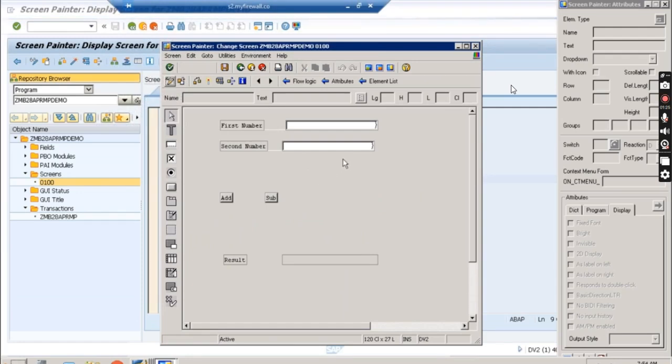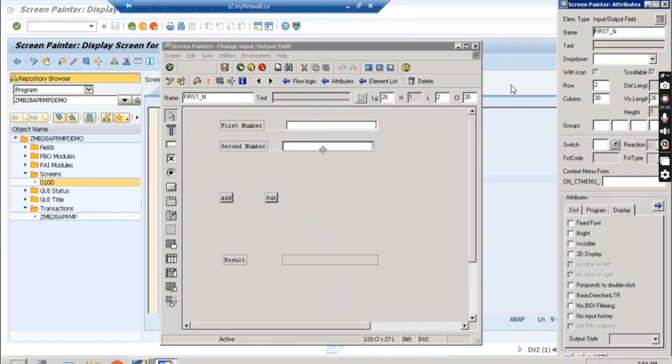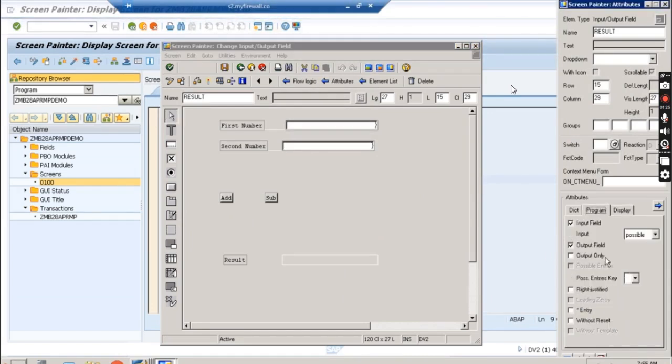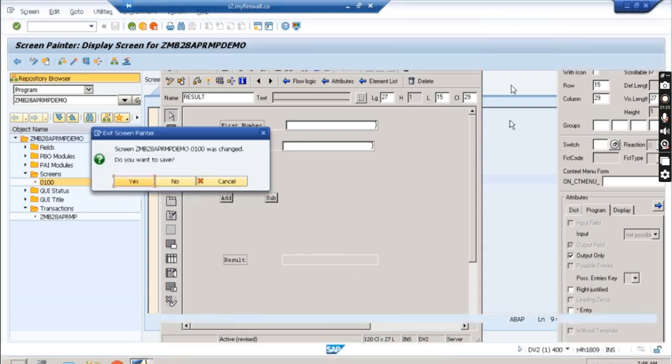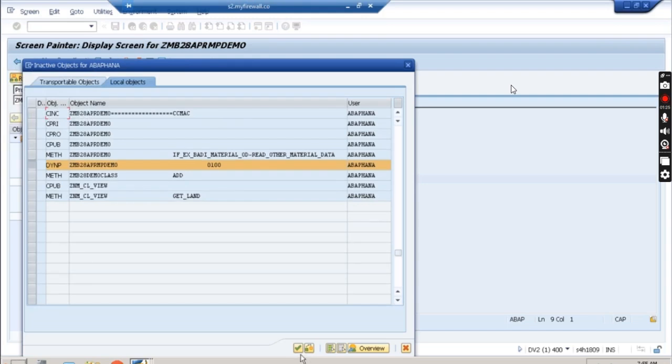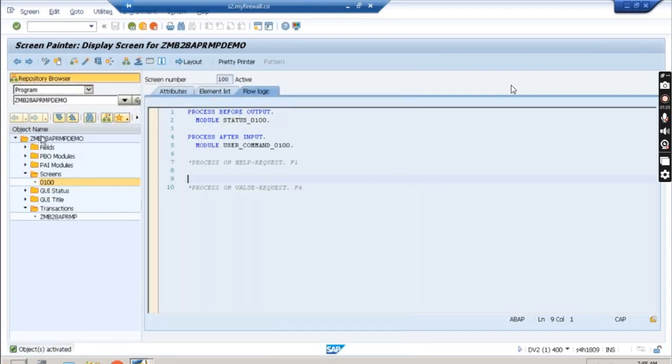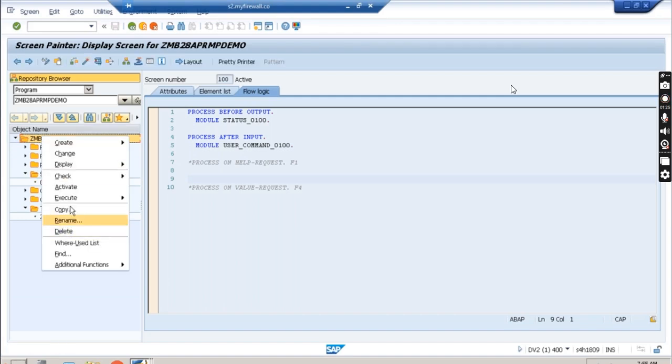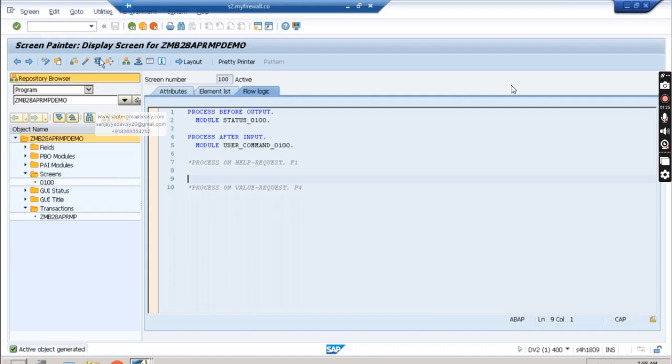Go into the change mode once again, double click, and here you will get the output only option. Okay, so now you will not be able to put an input value over here, and it will only be displayed as output. Right click and activate once again, run this,